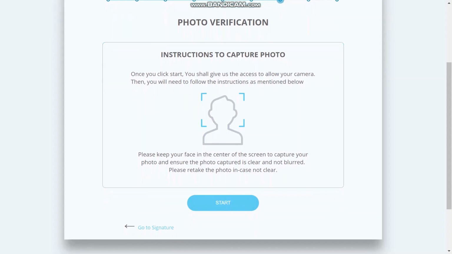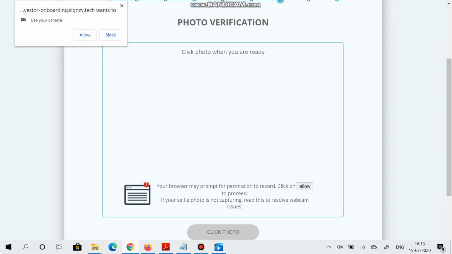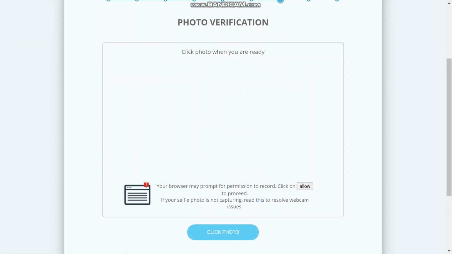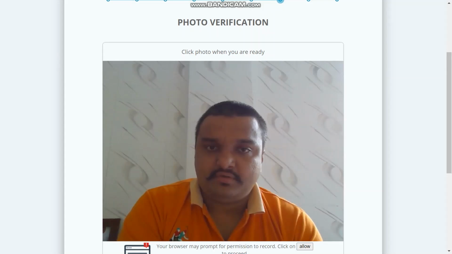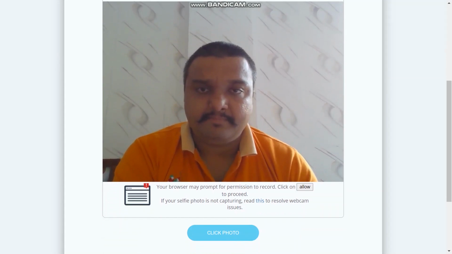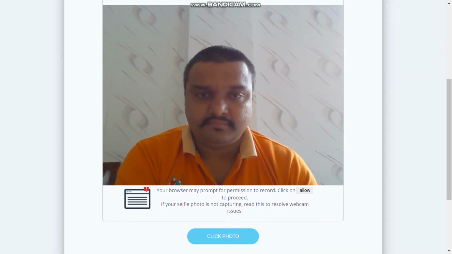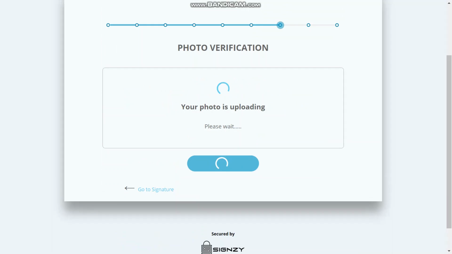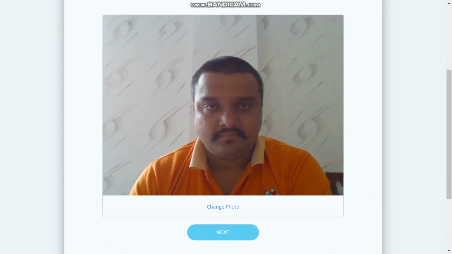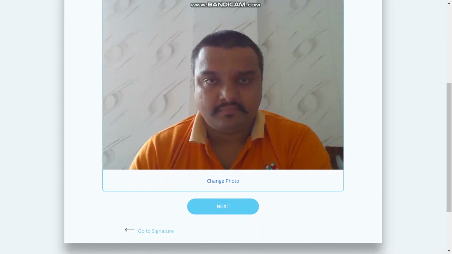Now the system will capture the photo of the investor. Make sure your photo is clear. Then click on next.